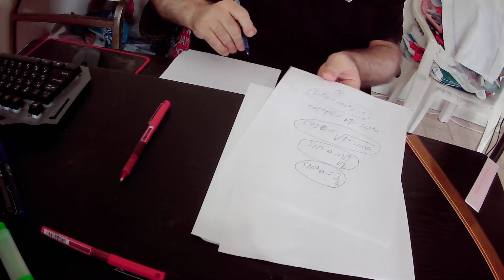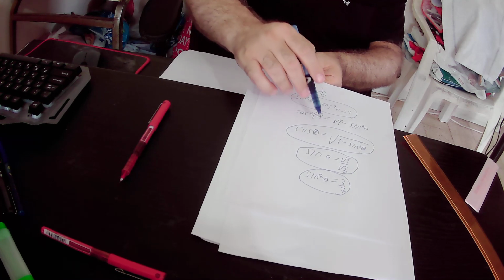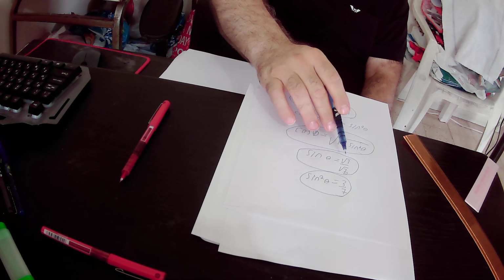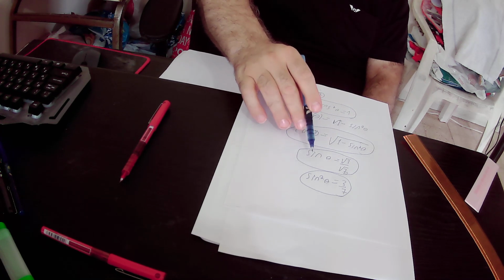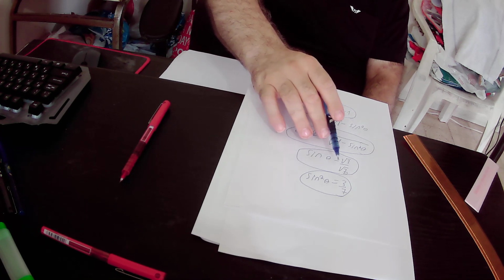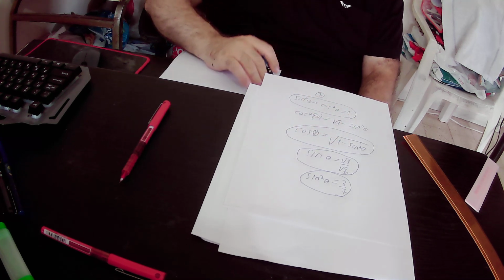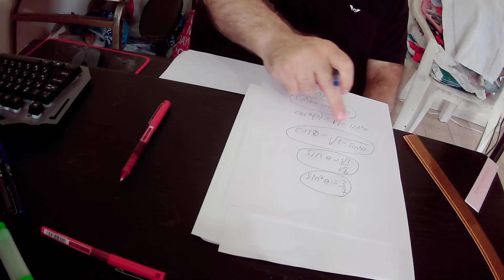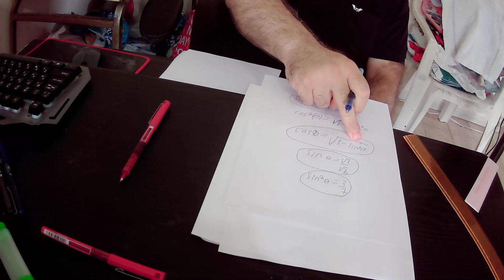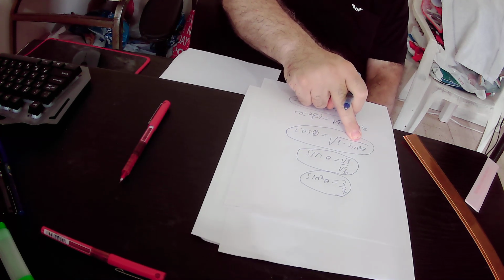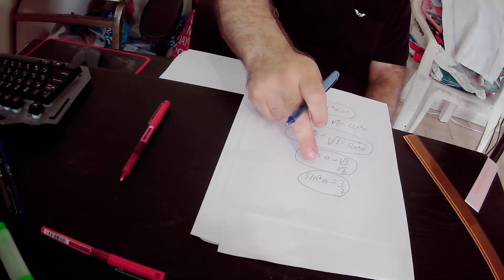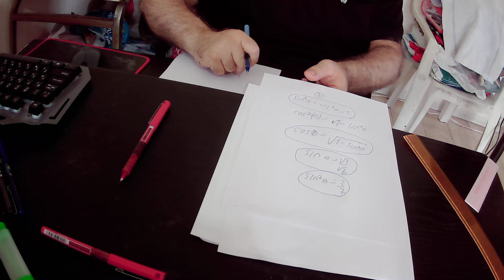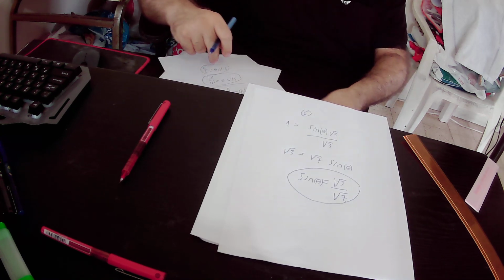If sine theta equals root 3 over root 7, then sine theta squared equals 3 over 7. So we can substitute sine theta squared in this equality by 3 over 7, because sine theta squared equals 3 over 7. And we get that